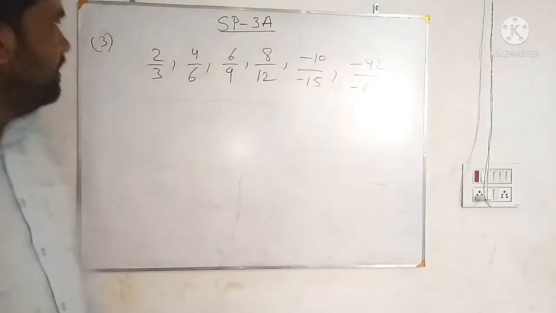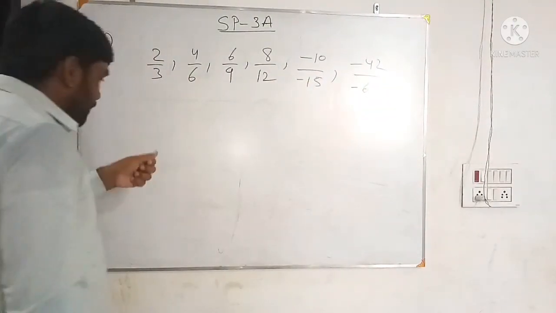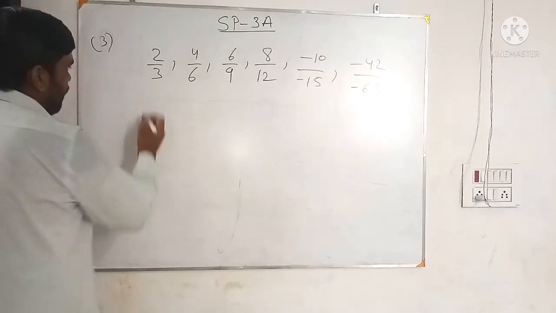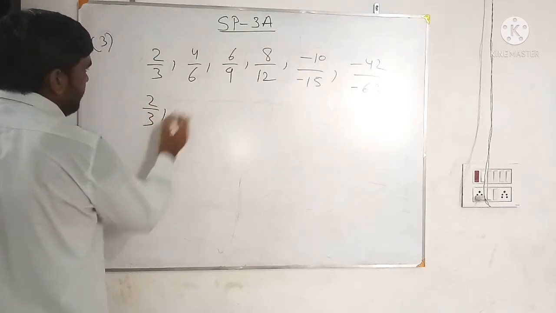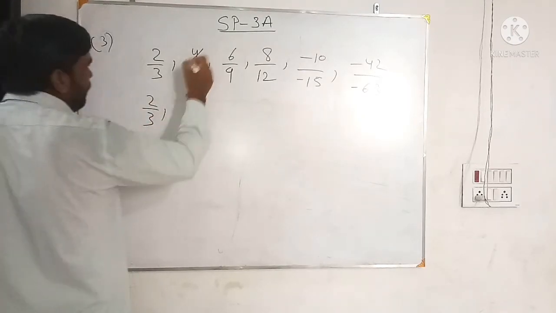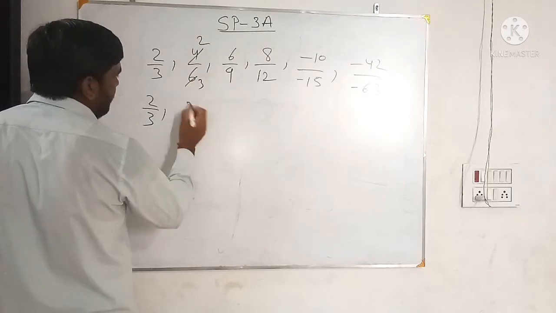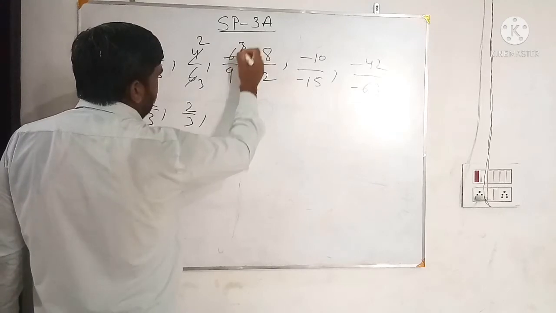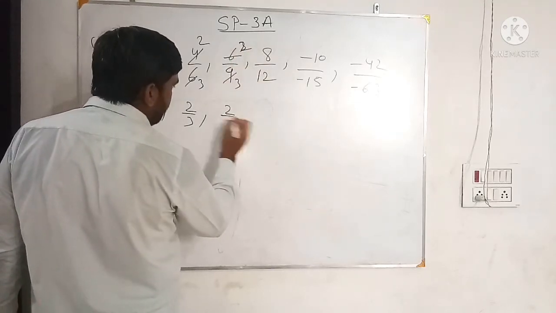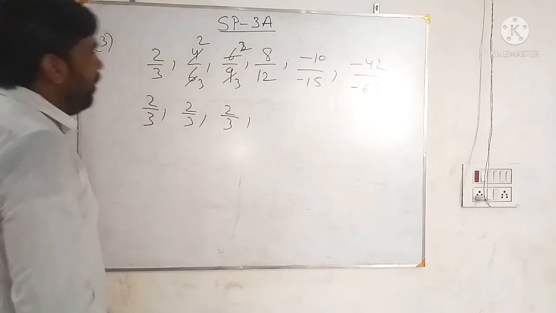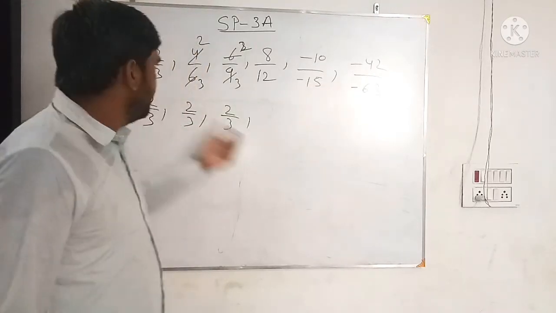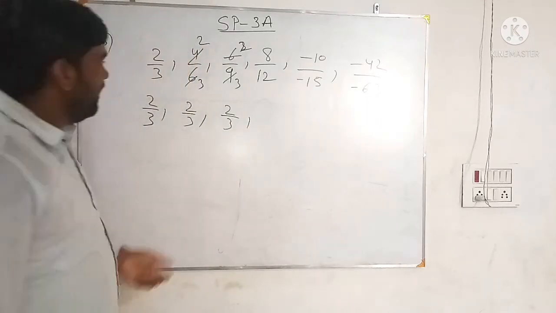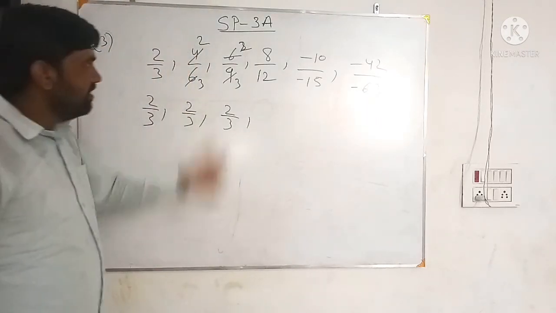Now see, these are multiples of the simplest form. If you are able to reduce all the fractions into the lowest form, 2 by 3 is already the lowest form. 4 by 6: divide by 2, 2 twos are 4, 2 threes are 6, and it becomes 2 by 3. 6 by 9: 3 twos are 6, 3 threes are 9, again 2 by 3. If all the given fractions can be reduced into the standard form, and their standard forms are the same, then the fractions are equivalent.